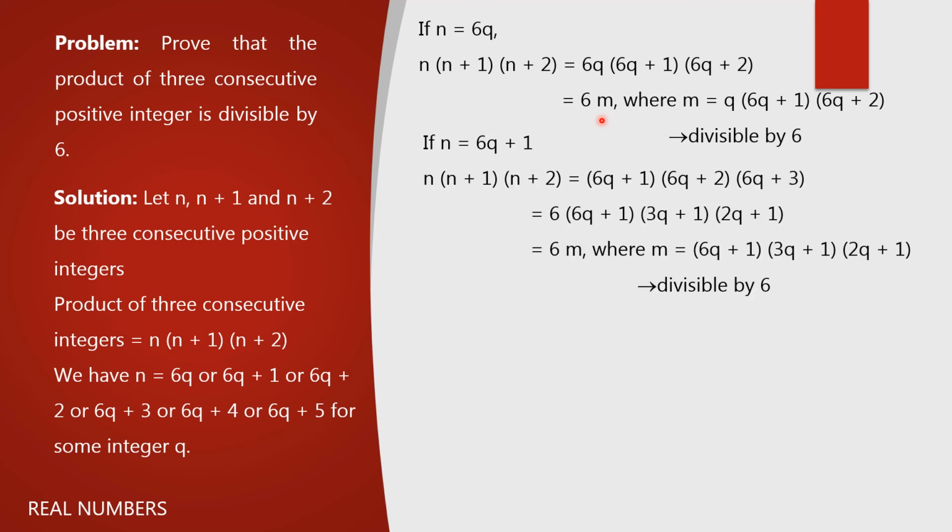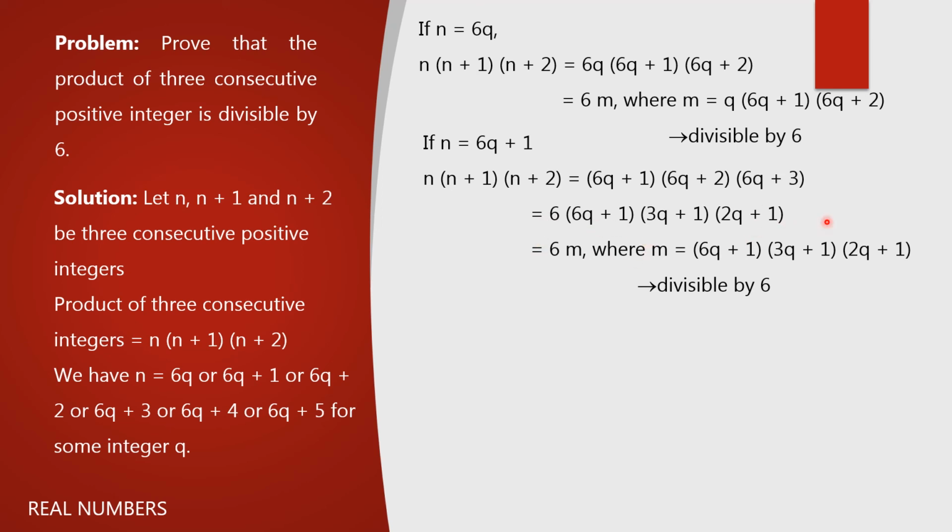Okay. Now coming to n is equal to 6q plus 1, we will have n into n plus 1 into n plus 2. In place of n, provide 6q plus 1, 6q plus 1 into 6q plus 1 plus 1, 6q plus 2 into 6q plus 1 plus 2, 6q plus 3. From the second product you can take 2 common, from the third product take 3 common. Therefore 2 into 3, 6 you can take out 6 into 6q plus 1. Here from second product you have taken 2 common, you will get 3q plus 1. From the last product you have taken 3 common, so you will get 2q plus 1.